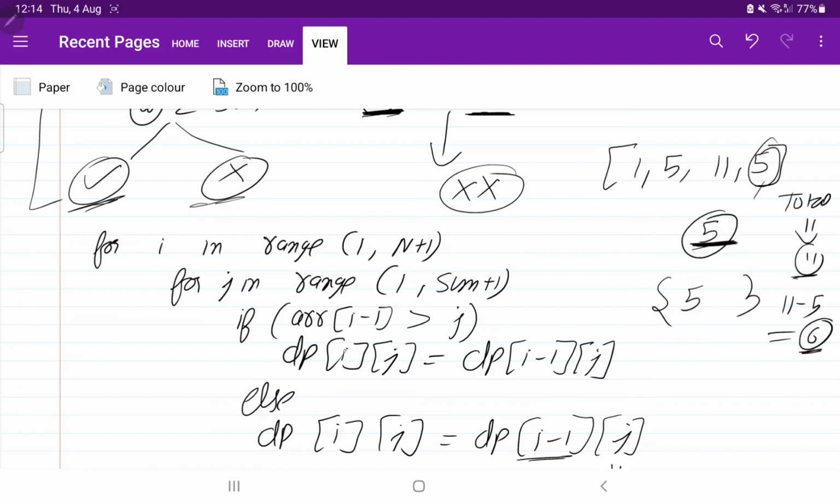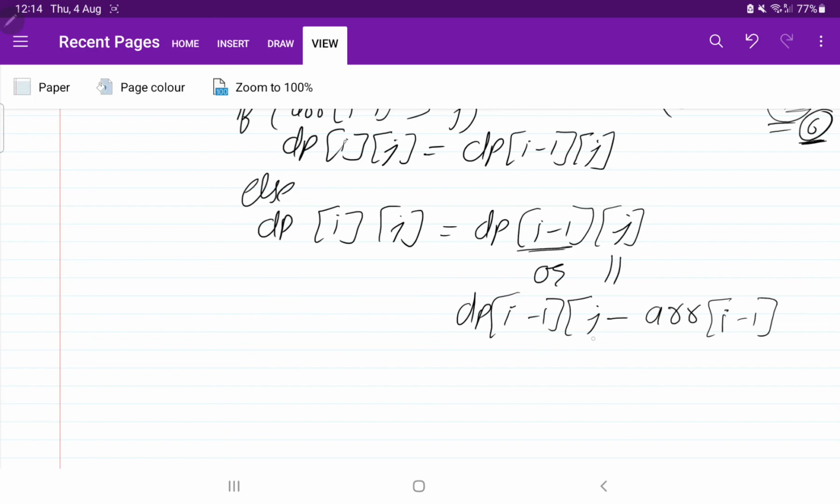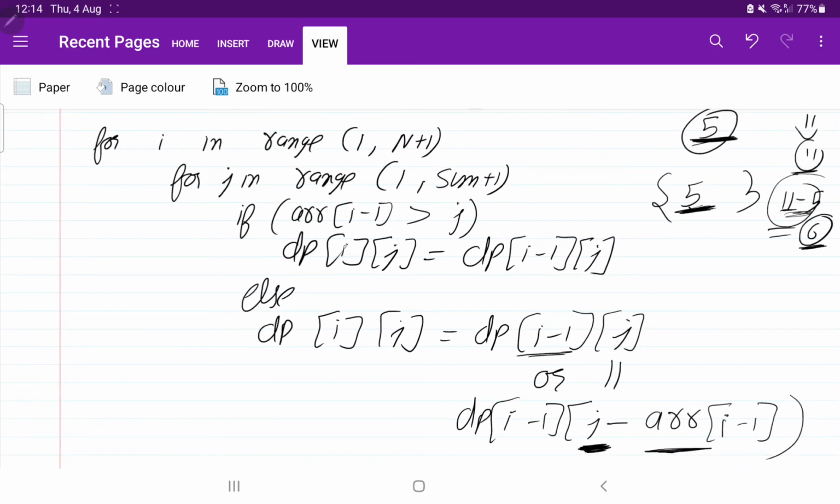Now you need to search if you can get the elements whose sum is 6. It means if one element we have chosen, then the sum value will be 11 minus the element that we have chosen. So j is the sum minus the element that we have chosen. That's why this is decreased.